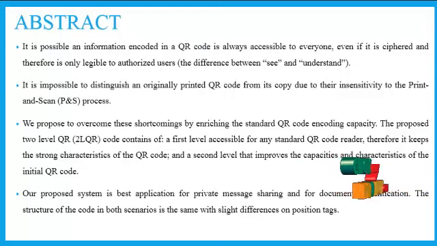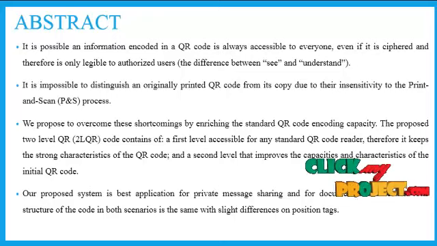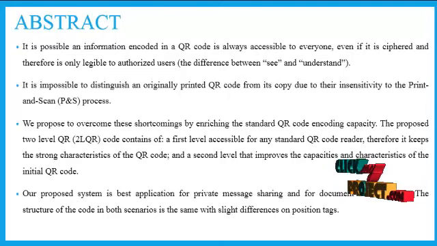Abstract. The quick response code was designed for storage information and high-speed reading applications. In this paper, we present a new rich QR code that has two storage levels and can be used for document authentication. This rich QR code, named two-level QR code, has public and private storage levels. The public level is the same as the standard QR code storage level. Therefore, it is readable by any classical QR code applications.